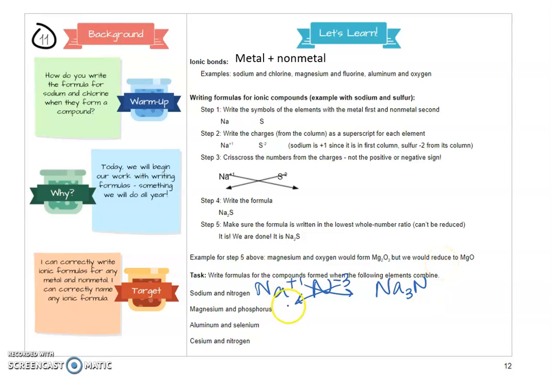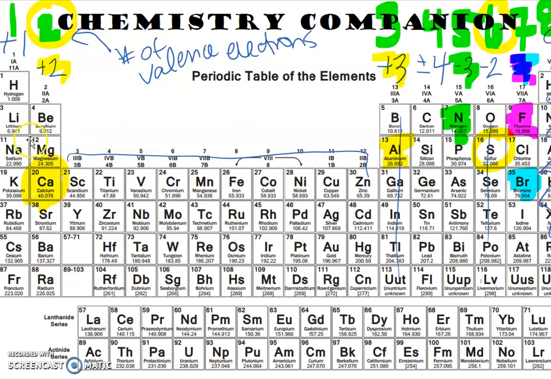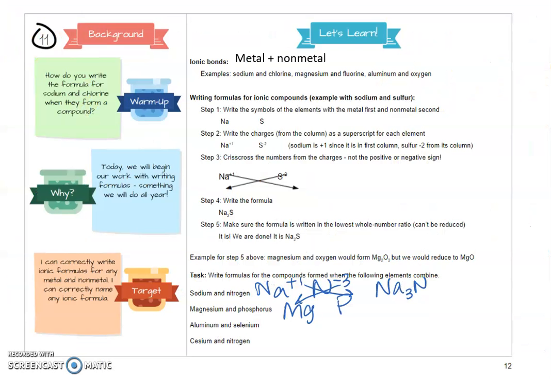Next one, magnesium and phosphorus. So this will take you some time, but I know that magnesium is Mg, phosphorus is P. Okay? You can look at your periodic table to find that, but here's magnesium. Phosphorus is over here. Magnesium is in the +2 column. Phosphorus is in the -3 column with nitrogen. Okay? So +2,